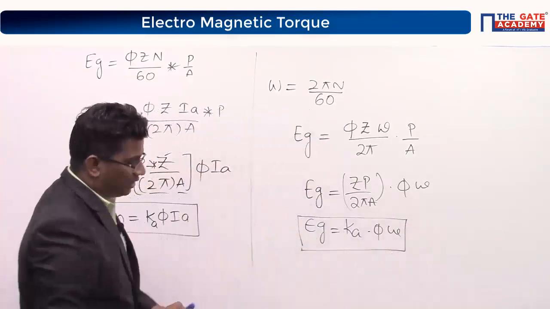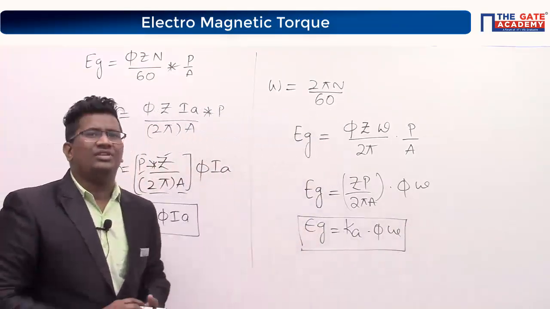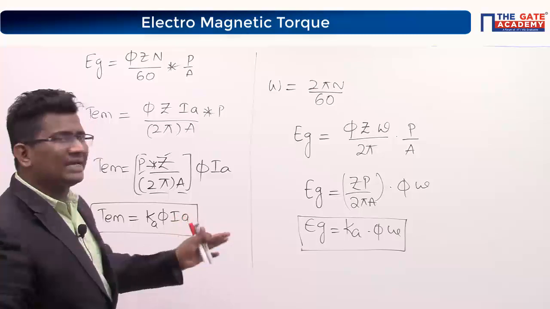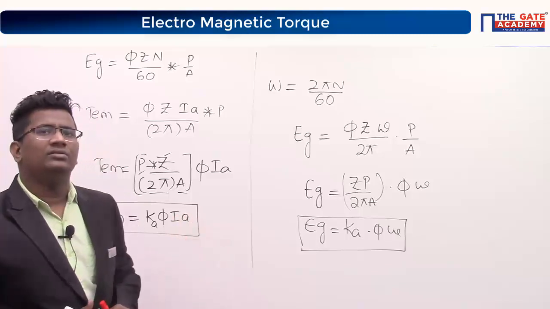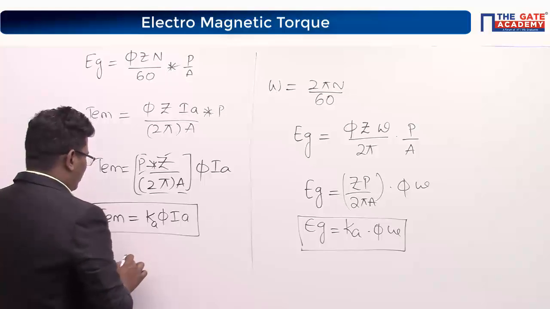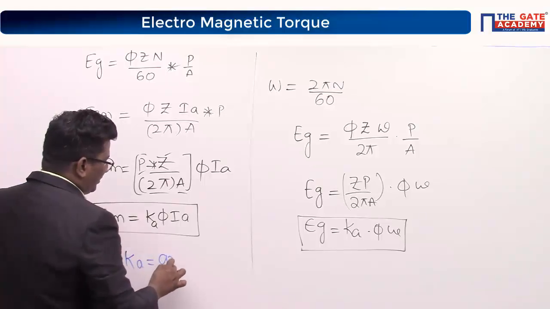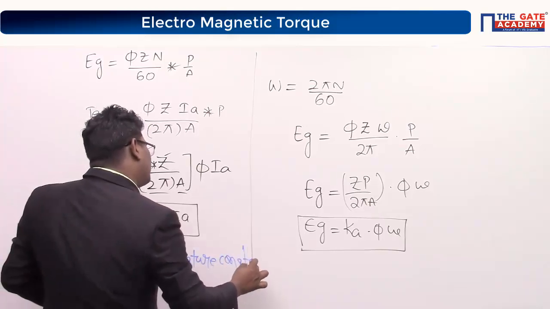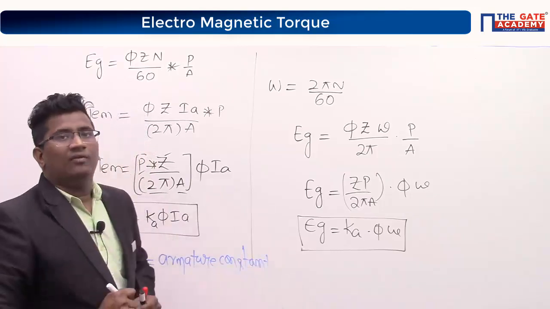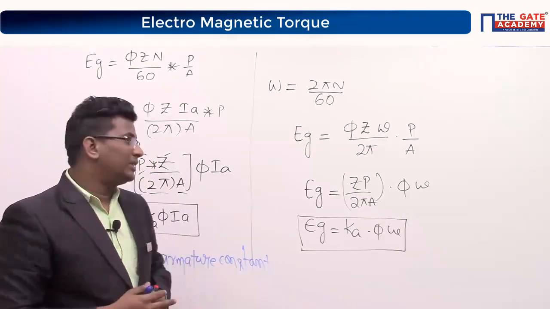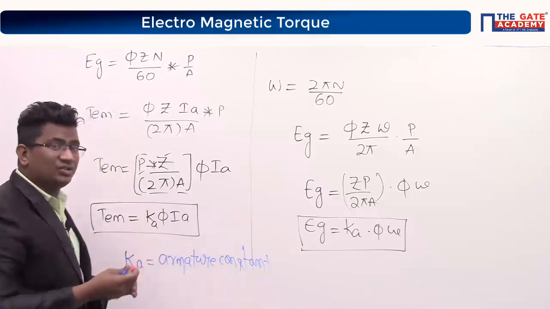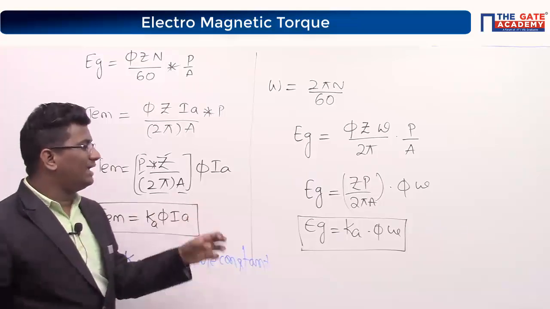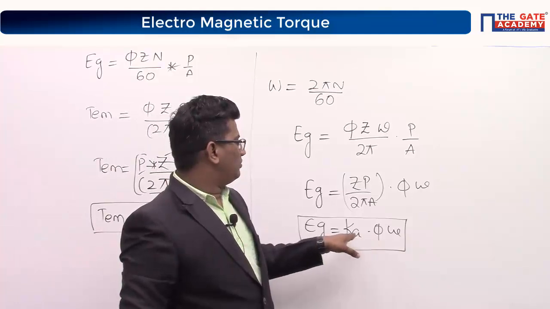What is this Ka called? In both the cases, is Ka the same or different? Same. Therefore, Ka is called armature constant. It means once the design is over, we cannot do anything with that. It is always fixed. Whatever the variable parameters, torque is K into phi into Ia, Eg is equal to K into phi